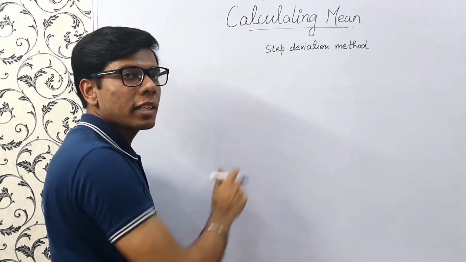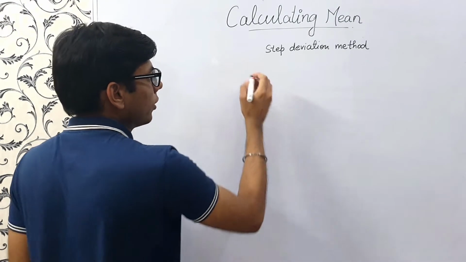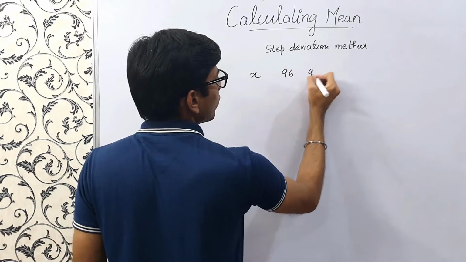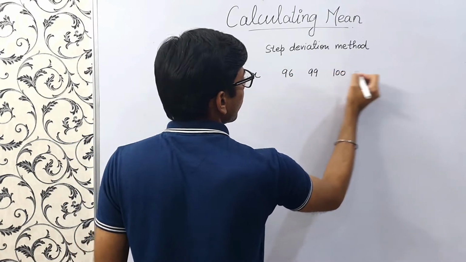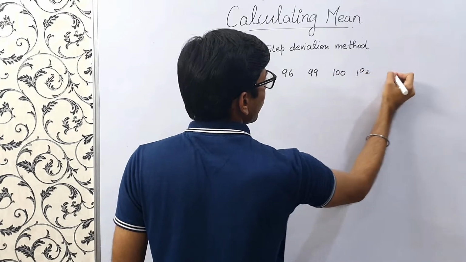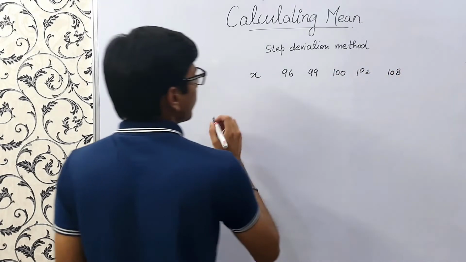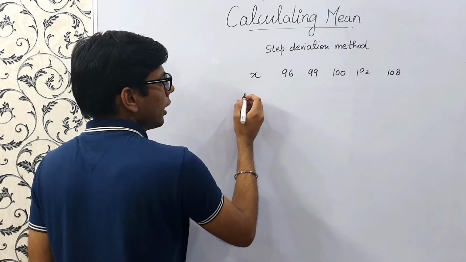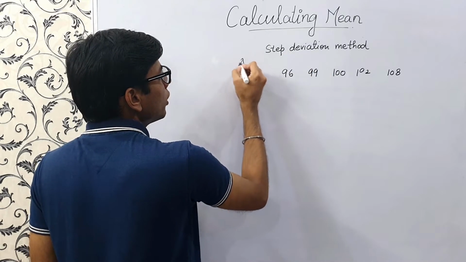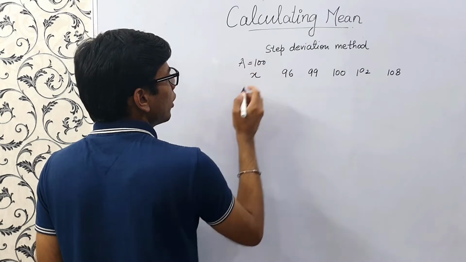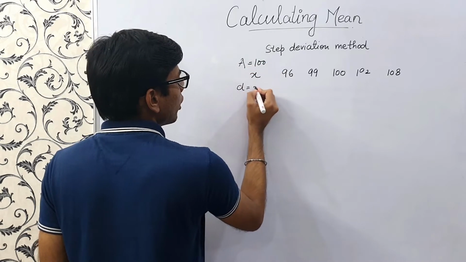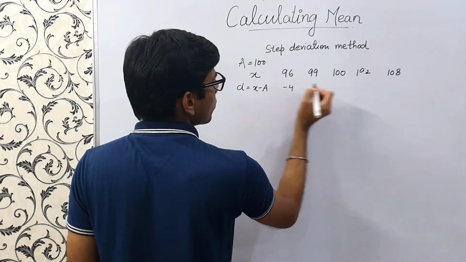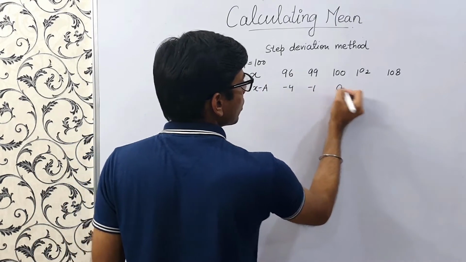Next method is the step deviation method. So consider the observations. So it is on the top of the assumed mean method, right? So consider any assumed mean a equals to 100 and do d equals to x minus a, that is we calculate the deviations. It comes out to be -4, -1, 0,